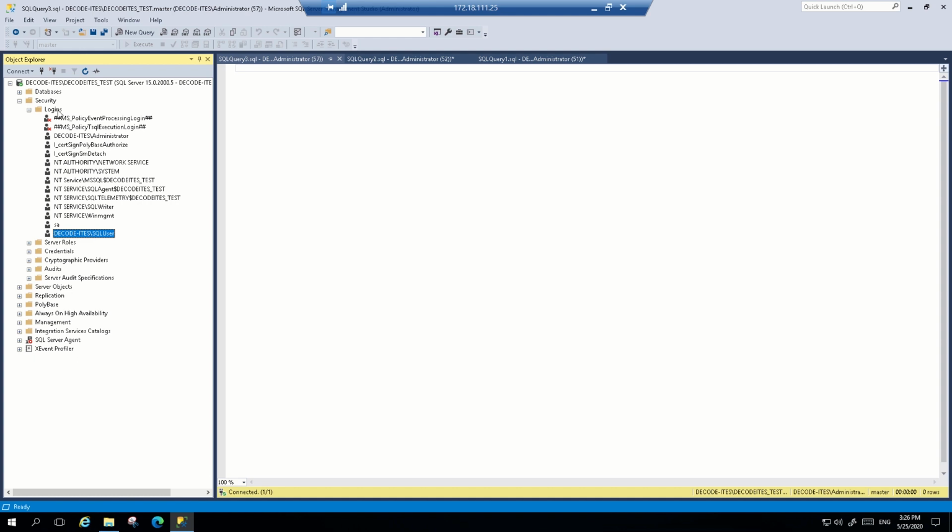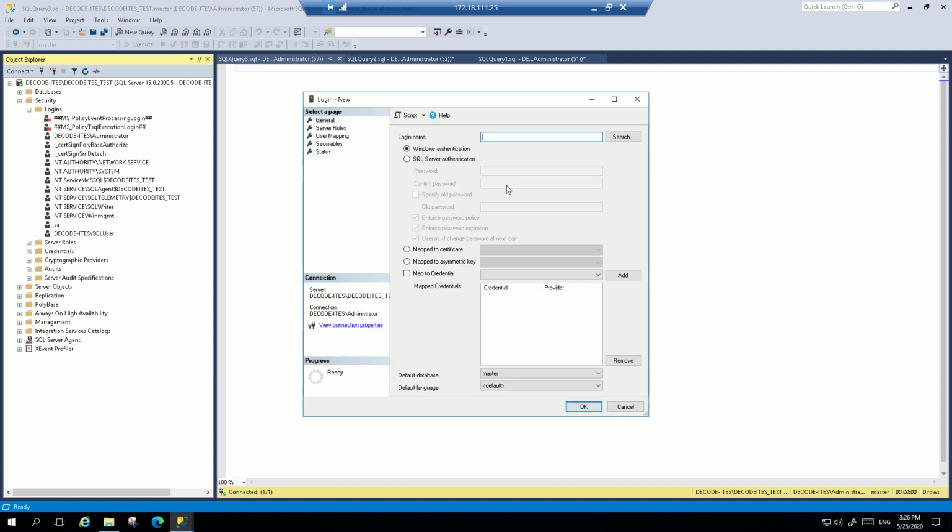So we have created Windows login. Now we will create a SQL Server login. In this window, first we change the SQL Server authentication mode because SQL login will be a part of SQL Server authentication. Enter the name SQL auth user. Enter login name SQL. Enter password. Ensure password must be strong enough.